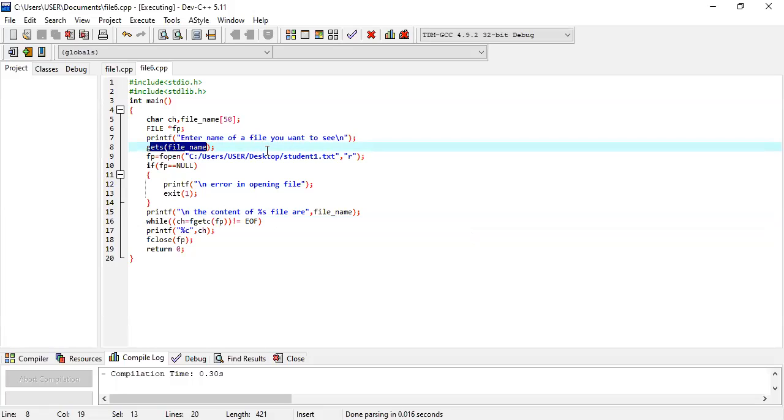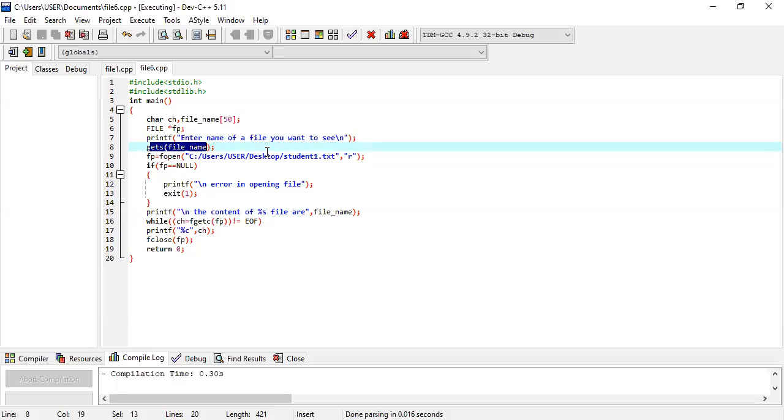In string programming, we also use getc and putc. But this is fgetc and fputc. Fgetc means you read character by character from the file. That's why fgetc. The same thing applies to fputc.